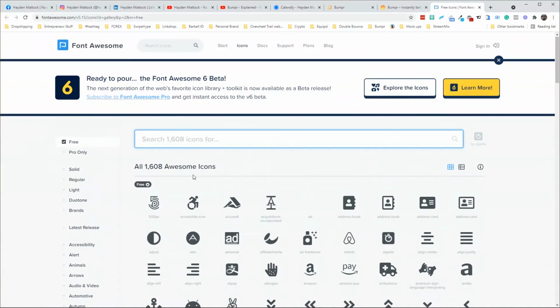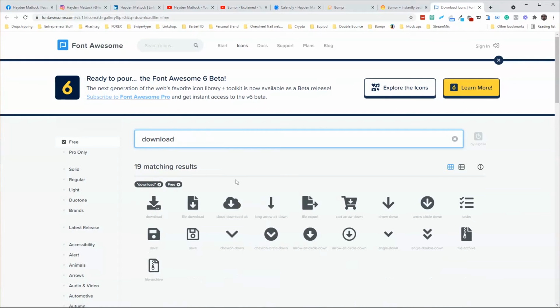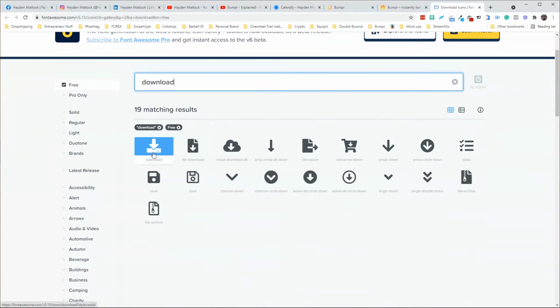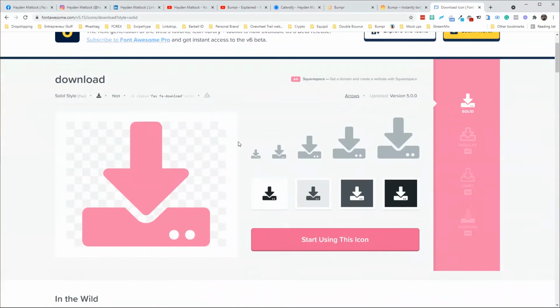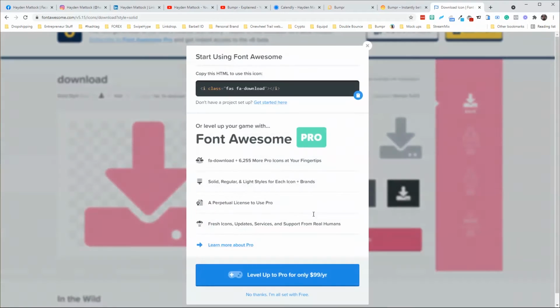Awesome, so these are all the free icons and I'm going to search for download. And I want to use this one here, so I'm going to click on this icon. And the portion I want to use is this bit here, this fas fa-download. So I just go start using this icon and I copy this portion here,